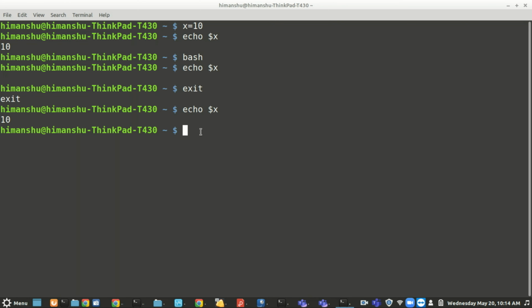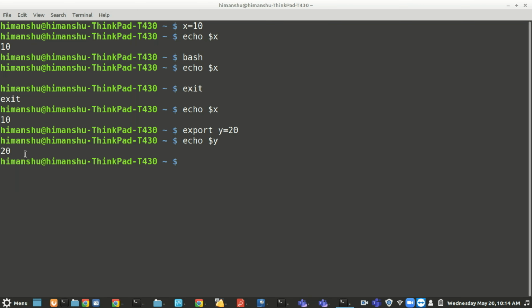But if you want to define a variable in all shells, globally, you have to use the command export, say export y=20. Now if I do echo $y, it gives me 20. Even if I go to some other shell, if I do echo $y, it gives me 20.